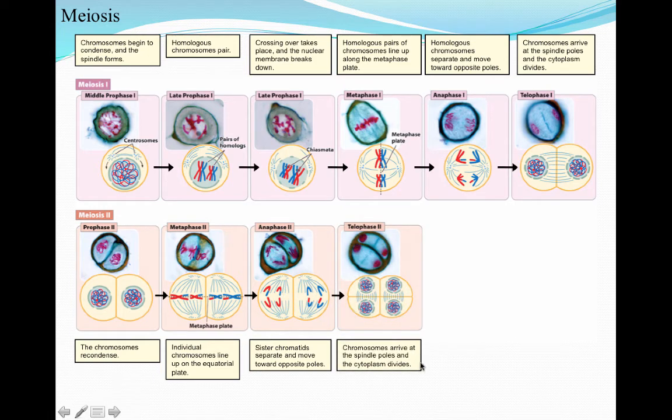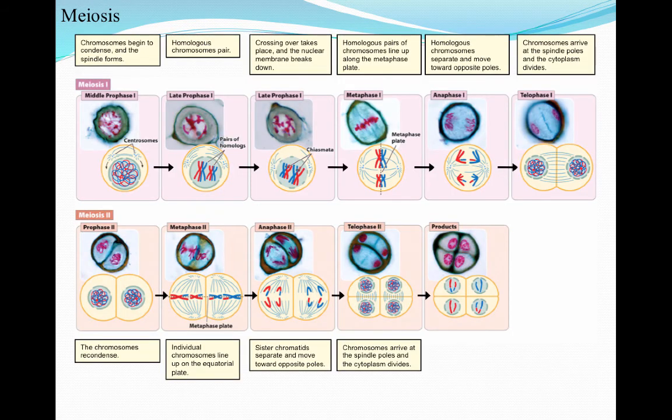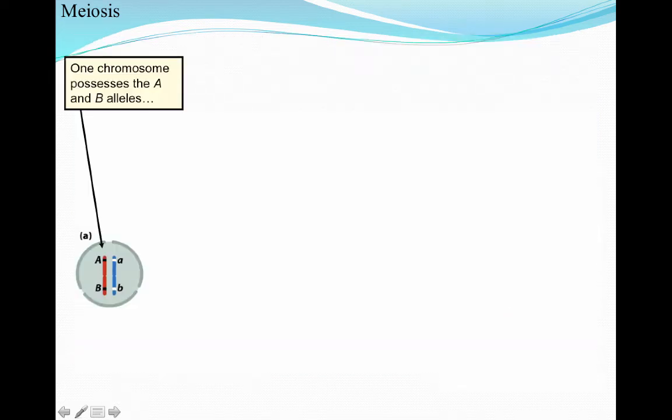And finally, in telophase 2, the chromosomes are going to arrive at the spindle fibers, and cytokinesis is going to take place. That cytoplasm is going to divide, and what we end up with is 4 new 1N cells. So again, in meiosis, we're